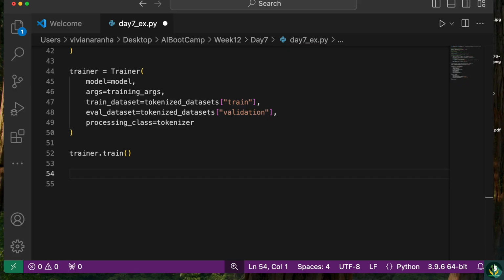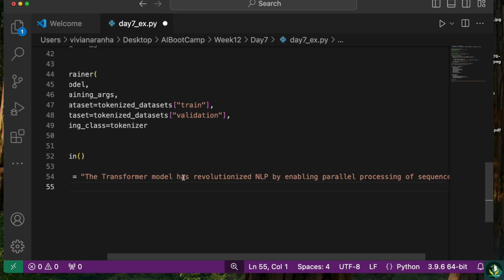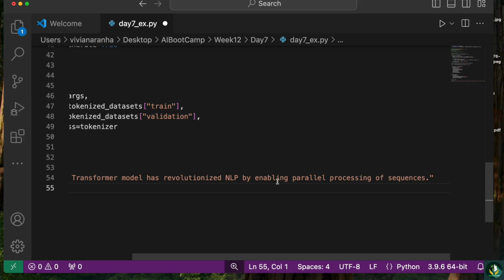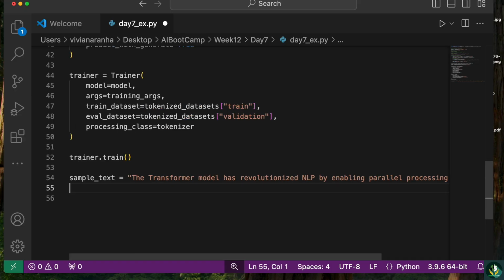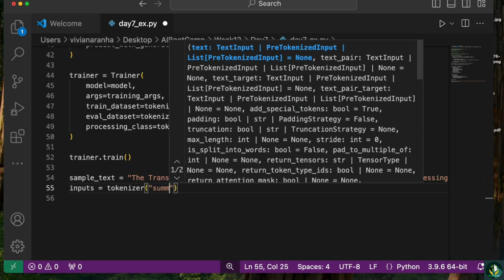So what I'm going to do is give a sample text. This is the evaluating the model. I'm going to say sample_text equal to, I have some sample text, let me get that. Now paste it here. The transformer model has revolutionized NLP by enabling parallel processing of sequences. That's my input text. Now I'll say my inputs equal to tokenizer, and then to that I'll pass summarize,